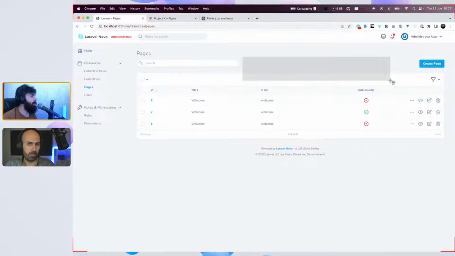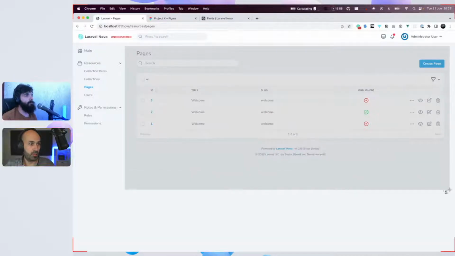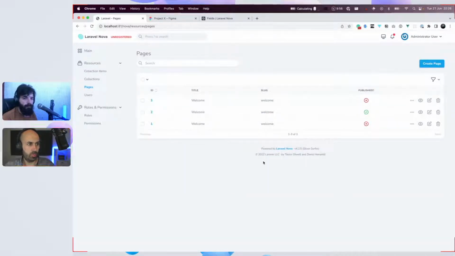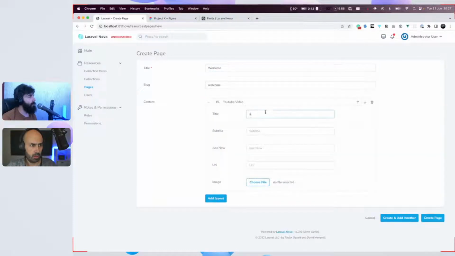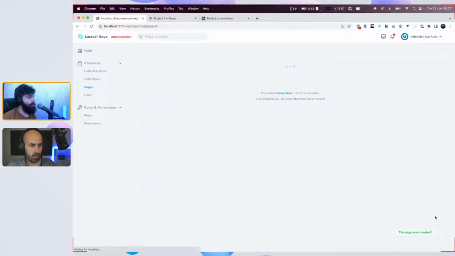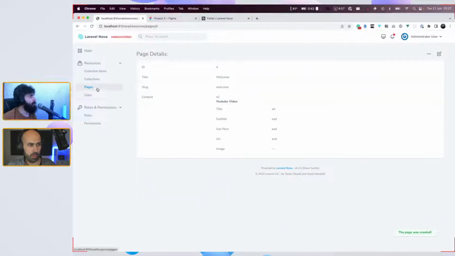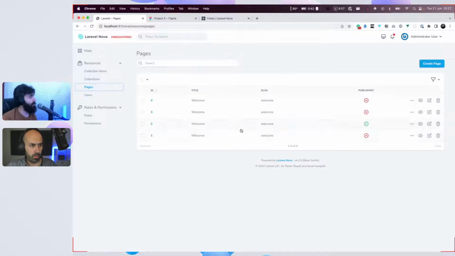Okay, and then we can work on the front end for that. Exactly, and we would finish all the page. I think we are pretty much finished, don't you think? Back office wise, we can create a welcome page, no problem, because it won't be published. In this case, a YouTube link. So that's perfect. We can publish right from right now, and it's created and unpublished. So let's just finish this and call it a day. What do you think?